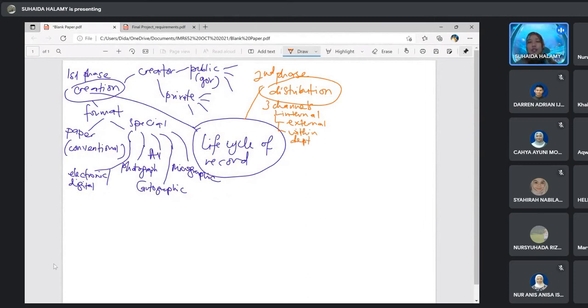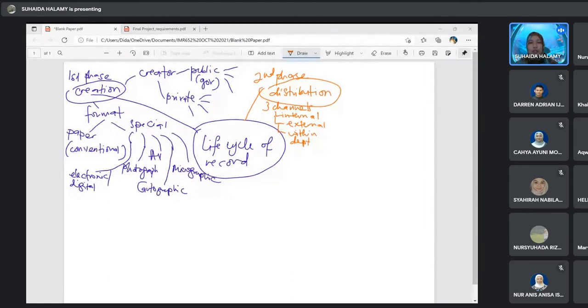So let me explain to you. For the internal one, it means in the organization. For example, UiTM. In UiTM, we have various departments.